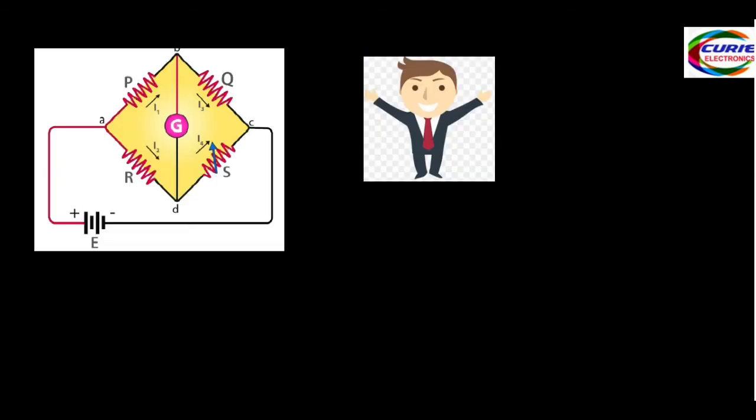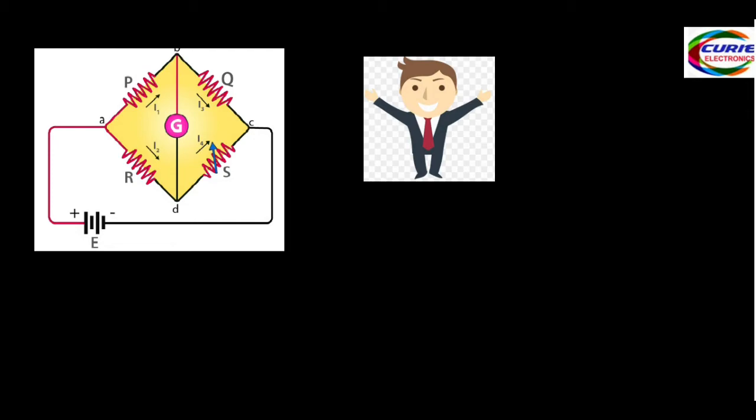Now, we may not remember all this stuff. What you should know for your application is this diagram. You need not know what is P, Q, R, S and all, you need not remember. You should know how to draw these 4 resistors, how to draw the galvanometer, where to draw the galvanometer, and where to connect the voltage source. After that, how do you write this Wheatstone's equation quickly?